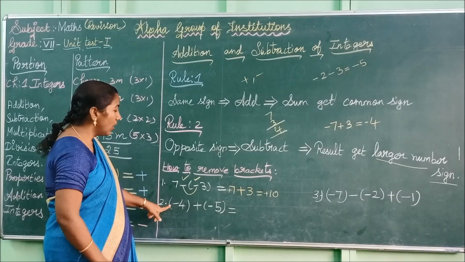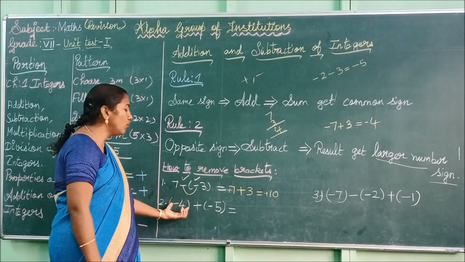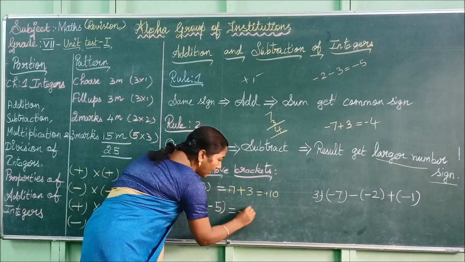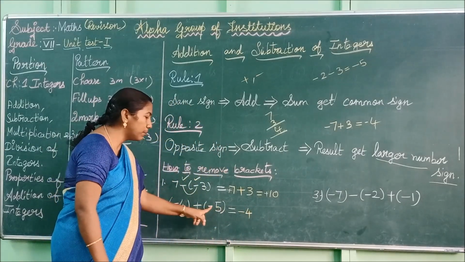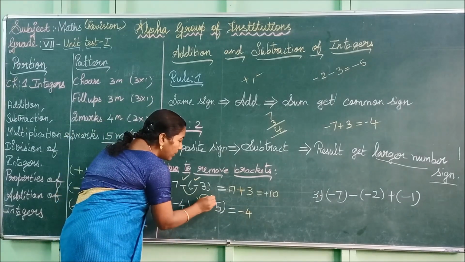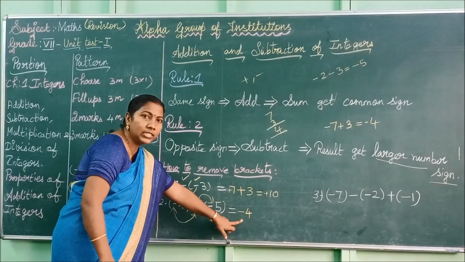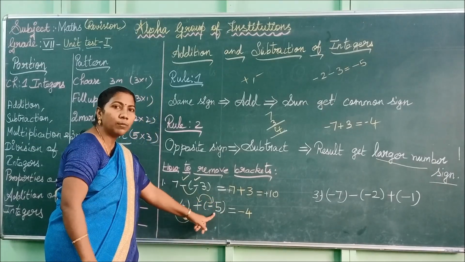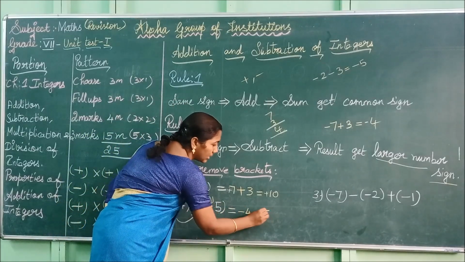Okay. Next see the next example, minus 4 plus minus 5. While you are removing the bracket, you have to write the first integer as it is. So write the first integer, minus 4, as it is. See the second integer, it has the symbol minus. Outside the bracket you have the symbol plus. So you have to multiply these two symbols only. Don't multiply the other symbols. So plus into minus. If you are multiplying opposite symbols, you get the answer as negative. So plus into minus, minus. Write the integer as it is, 5.